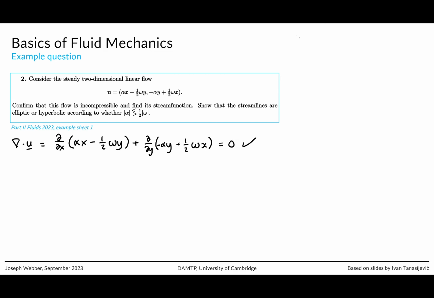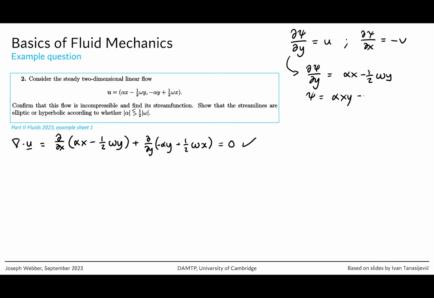Now we need to find its stream function, and recall that the stream function is defined such that d psi by dy is equal to u, and d psi by dx is equal to minus v. Okay, so let's do this bit first and see that d psi by dy is equal to alpha x minus 1/2 omega y. So psi is just going to be alpha xy minus 1/4 omega y squared plus some function